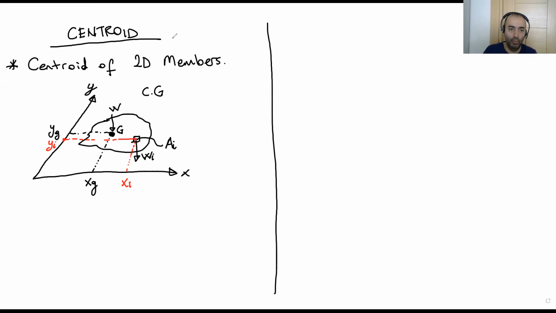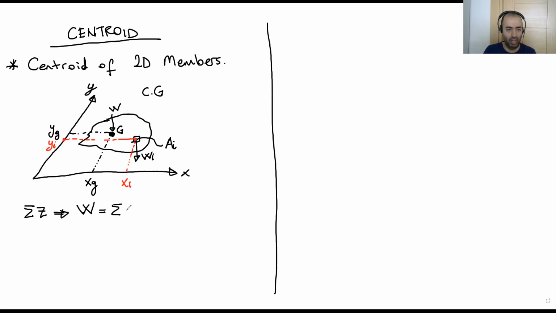Firstly, how we can calculate the total weight. If we write the sum of Z, the total Z forces, this means the total Z forces gives me the total weight. Basically, this W, the total weight, equals sum of,